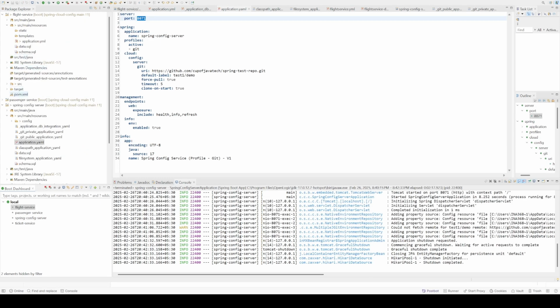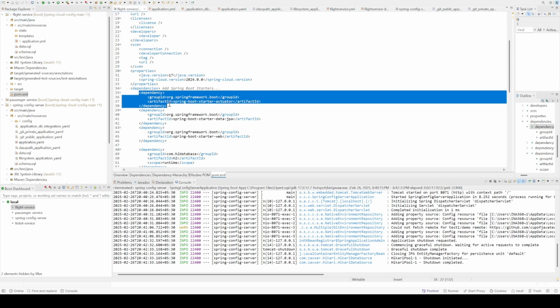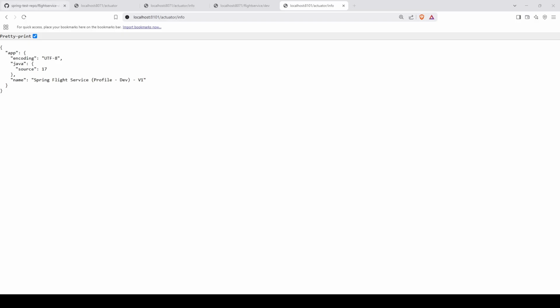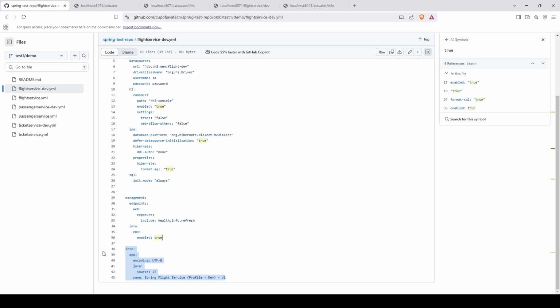Similar changes I have also made in the client applications. So first we will do it for the flight service. In the flight service I have added the actuator dependency. Then I went into Git, and here I also updated properties for management endpoint exposure for health, info, refresh, then enabled the environment related property for the info, and added some information for the info that I want to display. So let me go back again to